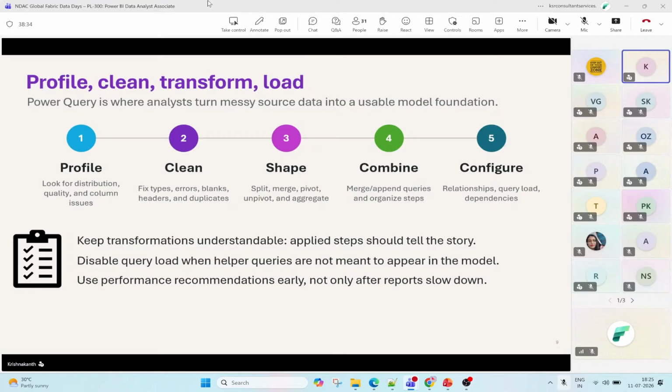And we have the append queries. For example, if you have 5 tables and you notice that the table structure is very similar, in that scenario you can go for the append queries transformation. Post all the transformations, if you have ensured that the data quality and column quality are accurate and consistent, you can click close and apply. Whatever tables or columns you don't need, you can remove and disable from the Power Query itself. So these are all the things you have to ensure before clicking close and apply.